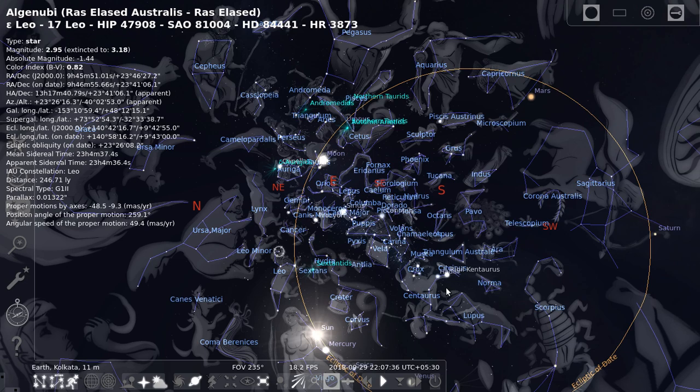Now you have to identify and list the constellations in the ecliptic line using constellation lines, constellation labels and constellation art given in the status bar. So this is the ecliptic line. Here you can see a circle.